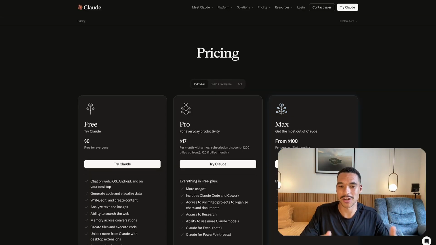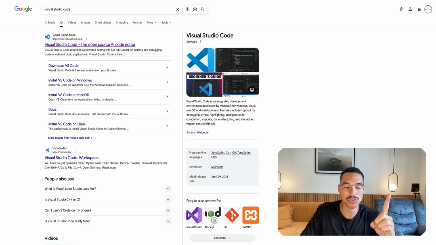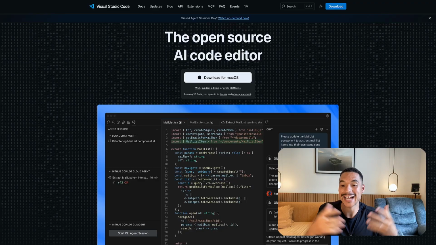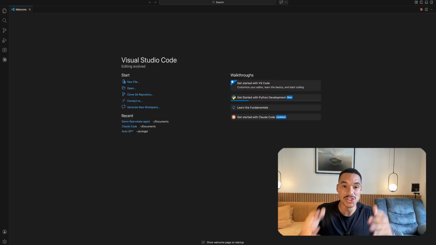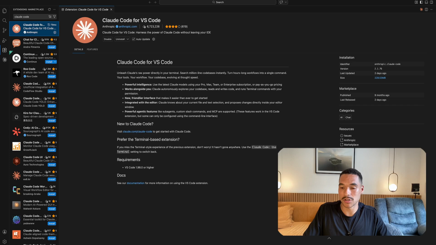And so before we get started, you will need a Claude paid membership because we're gonna be using Claude Code here. So you do need that. And then secondly, you wanna download Visual Studio Code. Now this is just an app where you can use Claude Code to actually build it. And you're just gonna download it right here, and then you're gonna open the app. Once you're in the app, you wanna use Claude Code. So if you don't have it configured, you can just go here, type in Claude Code, and download this app here. Once you download it, make sure you log in using your subscription,